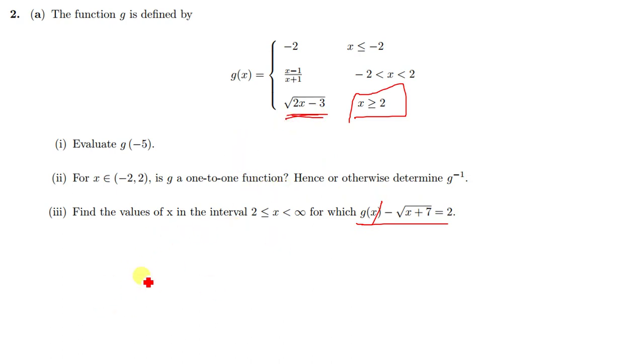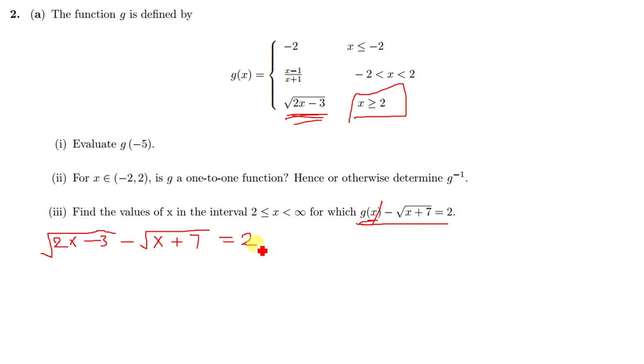So how do you do that now? You say 2x minus 3, while there is g of x here, we put this function. This is in the square root symbol, and then minus the root of x plus 7